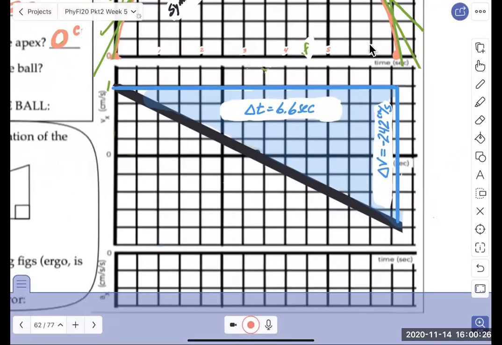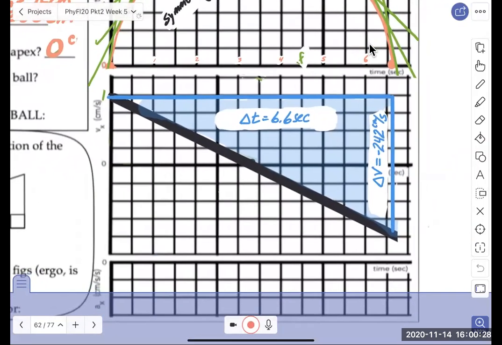Remember, it started off, this V naught was 121 centimeters per second. So this is 121 centimeters per second. Then this must be negative 121 centimeters per second, right? Because it's symmetrical. So you add those up, and 242 is how much it dropped. It's how much the velocity changed. So the delta V is negative 242 centimeters per second. The delta T is 6.6 seconds. And so